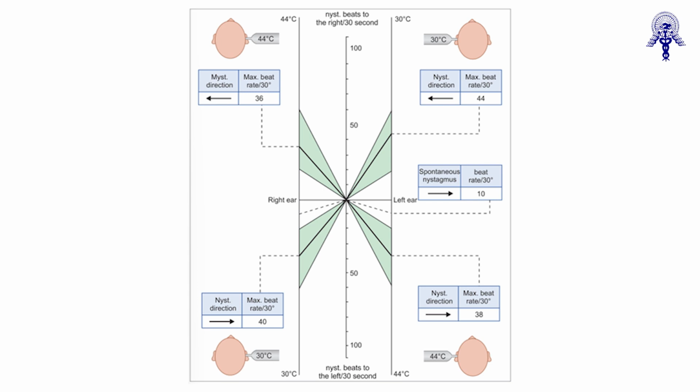And the upper half of the butterfly is for right beating nystagmus, and lower half of the butterfly is for left beating nystagmus. That means for the left upper half,